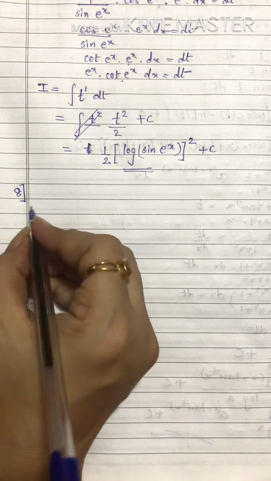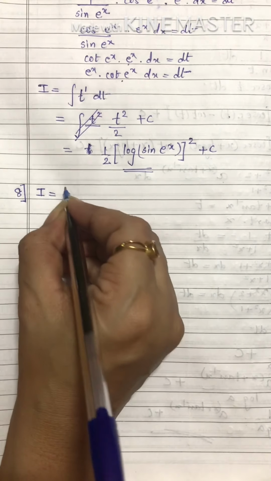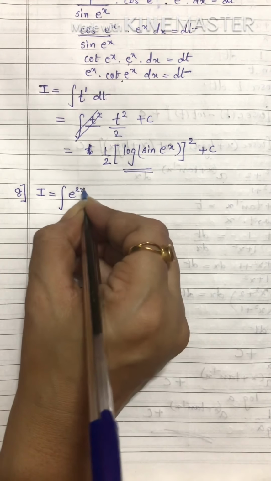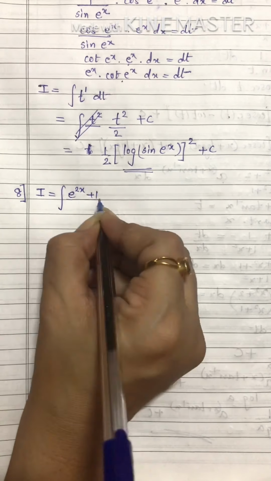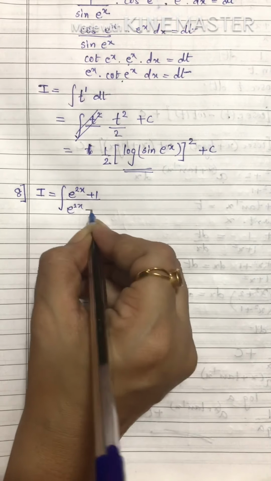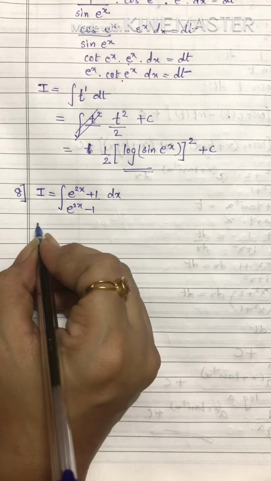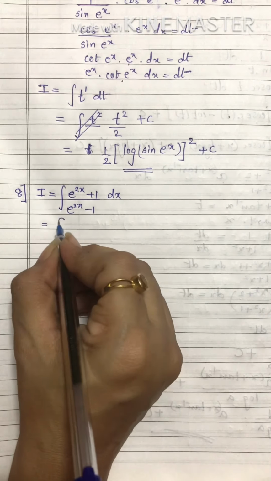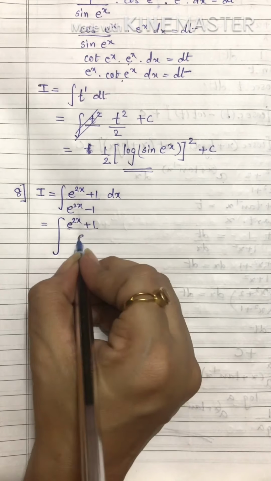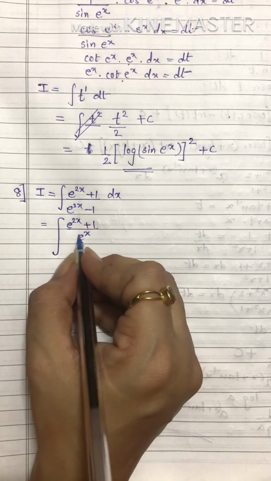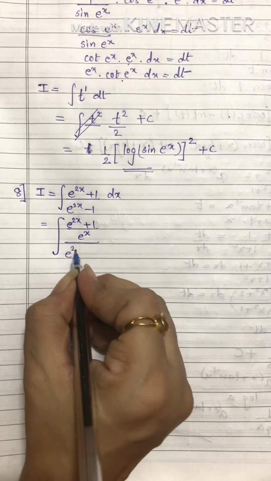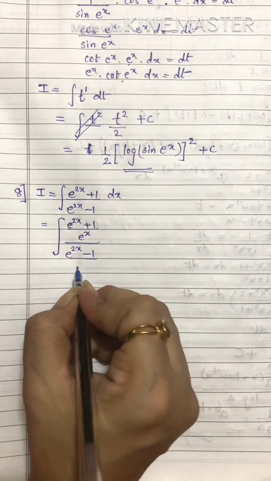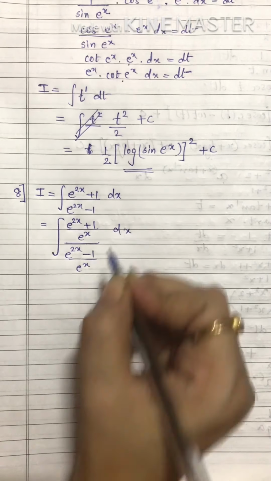Okay, our 8th sum is a very easy question. Just see. I feel happy whenever e raised to something comes in the sum. e raised to 2x minus 1. You can expect this as one of the important sums from the lesson. What we'll do, we'll divide numerator and denominator by e raised to x. Fine. And then we get e raised to 2x minus 1 upon e raised to x dx.